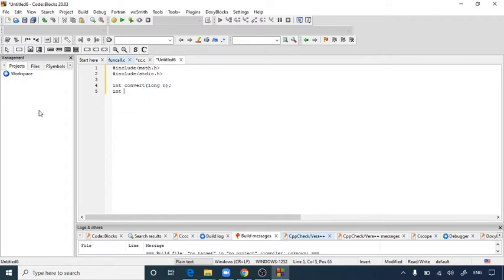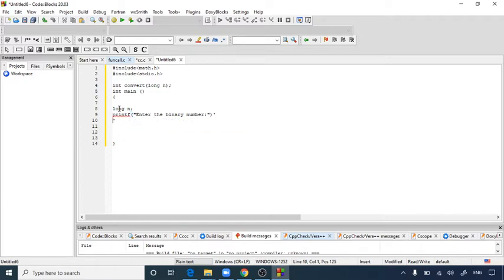Now let's start with the int main function. Inside the main function, first of all I'm going to declare a long n, and I'm going to take this value from the user. So let's use one printf statement, and let's ask them to enter the binary number. It has to be in a 1 and 0 pattern because it's a binary number.